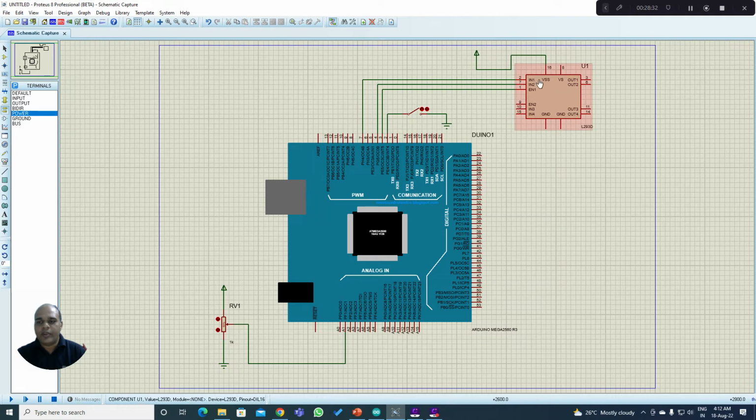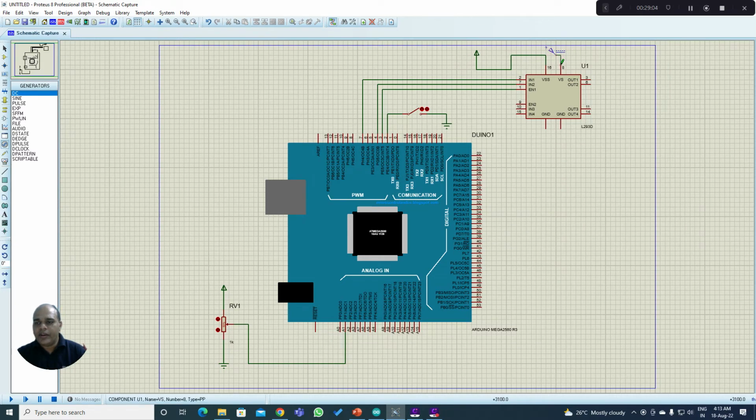Connect it to your supply voltage pin. Then I have pin number 8, where I need to give a voltage for your motor. The power supply required for the motor should be connected to your VS pin. So for that I go to generator mode. You can find a generator mode on the left side. In that I am going to take a DC source and connect it to your